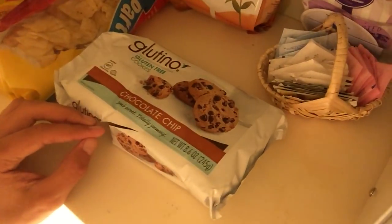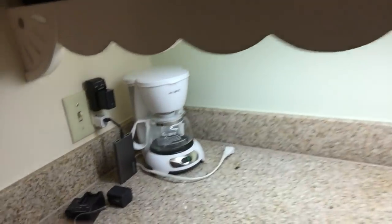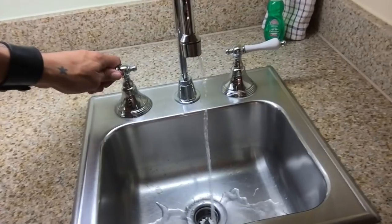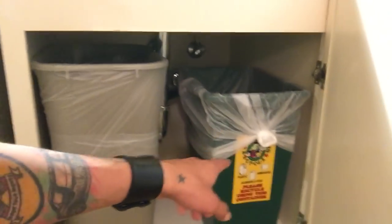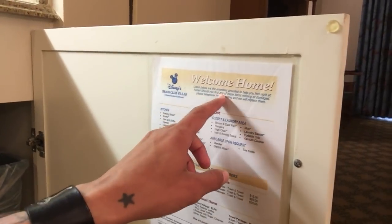This other stuff is mine, these gluten-free chocolate chip cookies, which are not too shabby. They have a light fixture thing. They have a coffee maker. That's all my junk for charging batteries. They have a little kitchen sink in here, and they have trash cans. Here's a big trash can, and right here, a recycling trash can. Right here, Disney's Beach Club Villas. Here's some amenities,